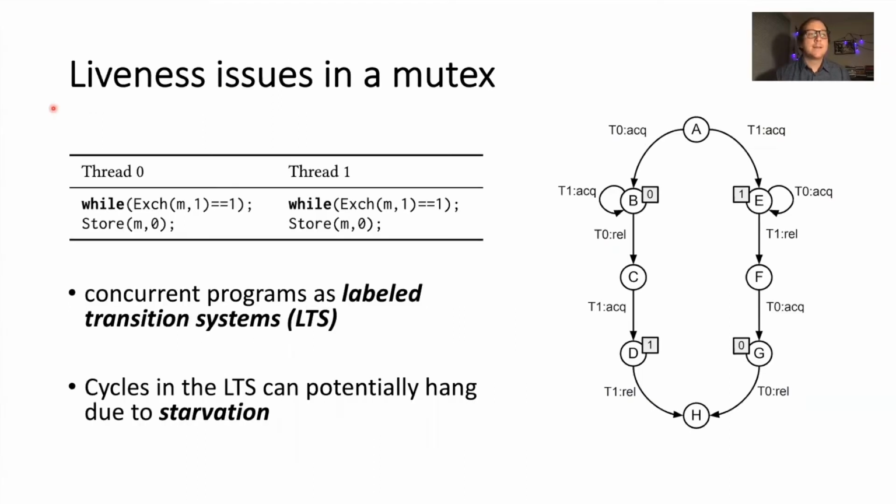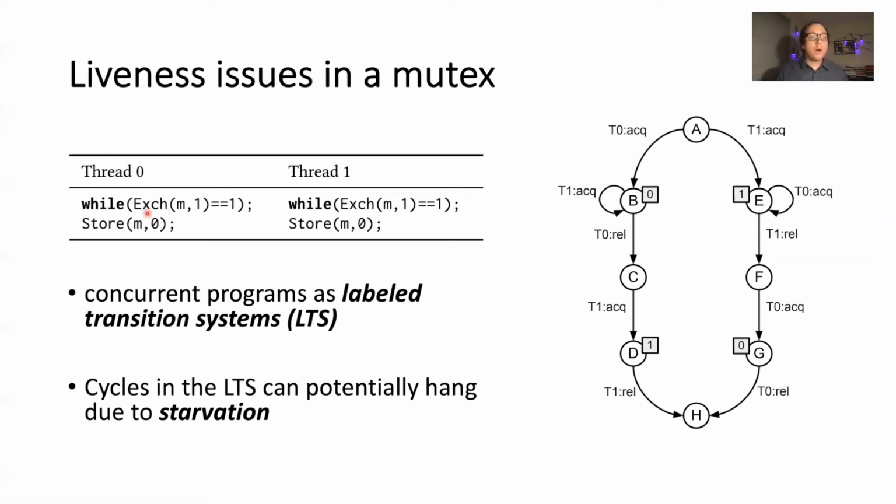To do this, let's look at a simple mutex implementation and a small test case using that mutex. Here on the left-hand side of the slide, we have two threads, thread 0 and thread 1. Both of these threads acquire a mutex and then immediately release the mutex. Now, the mutex implementation we've used here is a spin lock using an atomic exchange. How this works is to acquire the mutex, you spin on the atomic exchange on a shared variable m,